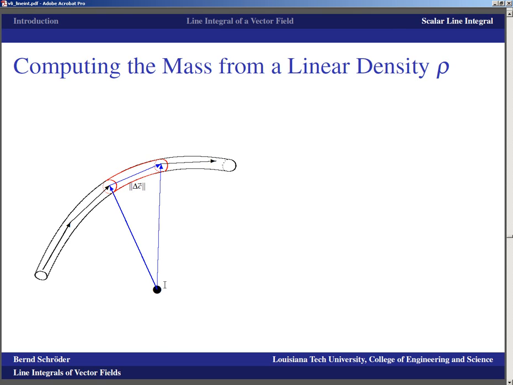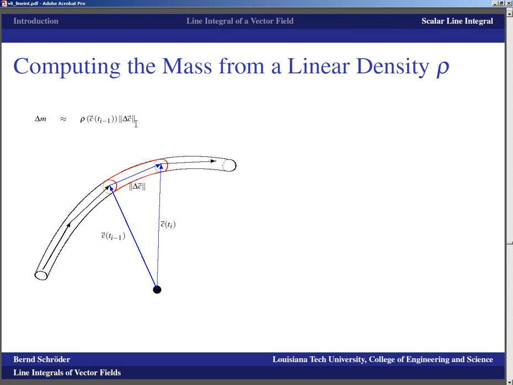So now we introduce an origin, and basically what we have is along this parameterization that goes through the center of the wire, we would go from c of t_i minus 1 to c of t_i. That's this little delta c here. And so then this small amount of mass delta m that is aggregated in this little displacement delta c is approximately the density at the starting point, rho of c of t_i minus 1, times the length that we have here. And the length of this little piece of wire, even though it's not quite parallel and even though it's bent a little bit, if we cut these pieces sufficiently short, then that length is about this norm of delta c